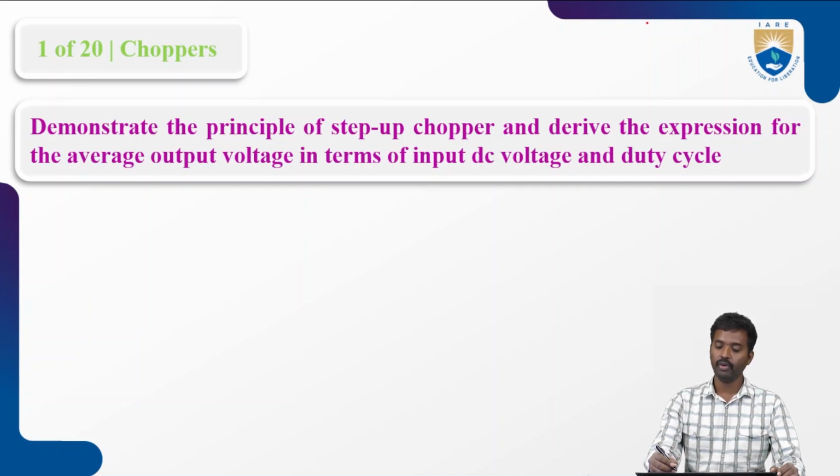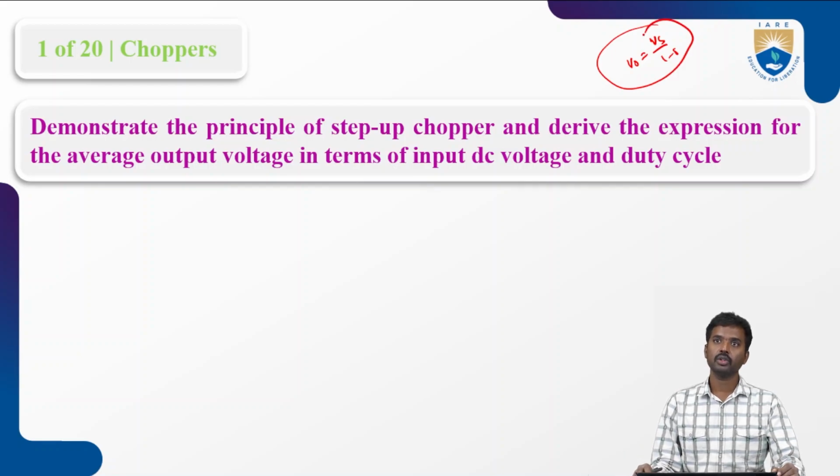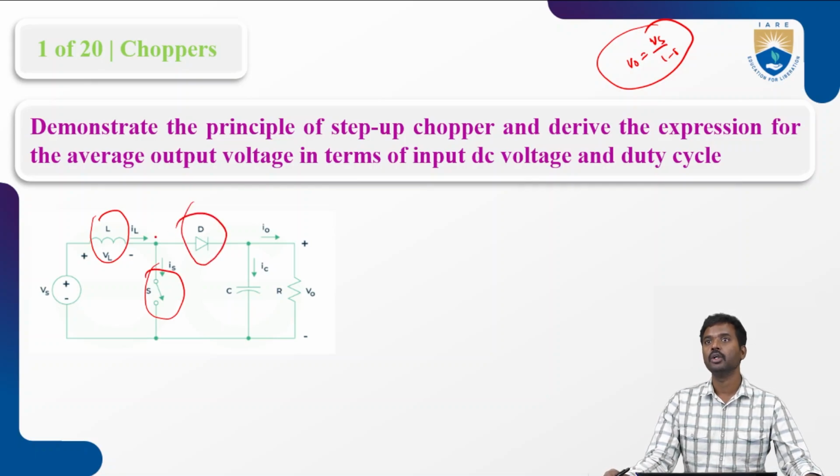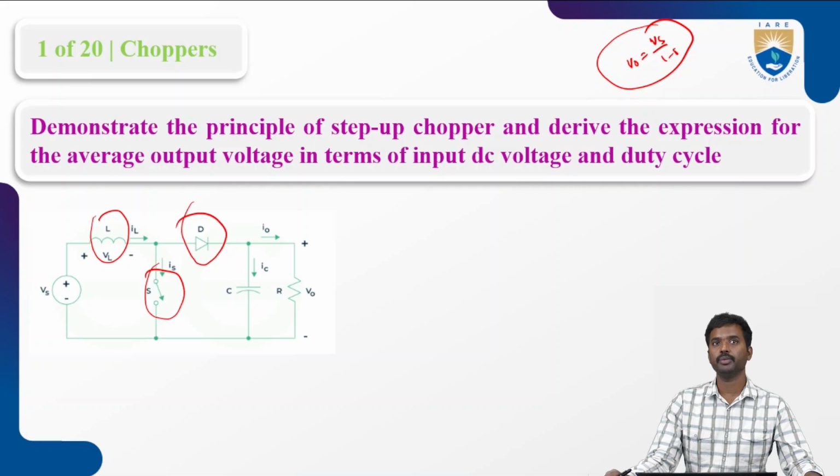So now, we know very well about the step up chopper: V0, the output voltage, equals Vs by 1 minus delta. This expression I will derive. So what is the circuit diagram for a step up chopper? Here we have the inductor, a switch, and a diode. These are the three components to make the step up chopper